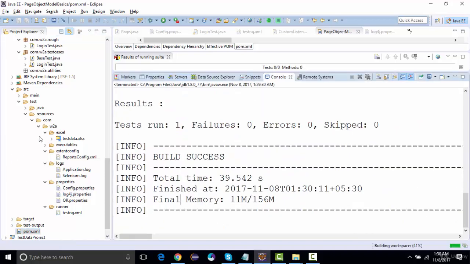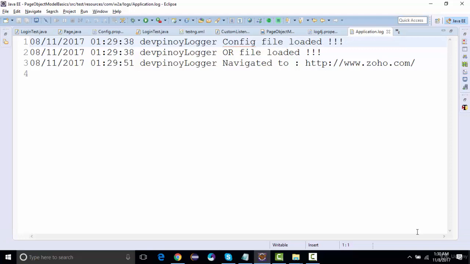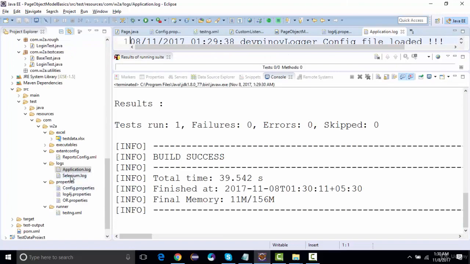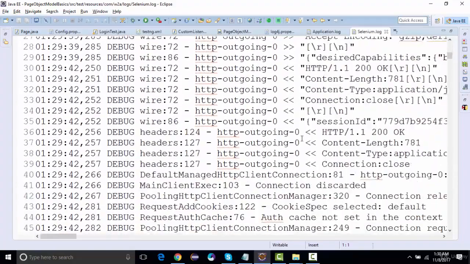All right, so let's open up the log files and application logs. You can see these are the latest logs. Right now the system time is 1:30 a.m. and it's 1:29 a.m. So config file loaded, navigated to this, right? And then same thing, we're going to look for the Selenium logs as well. So we have Selenium logs also being generated for the same time,